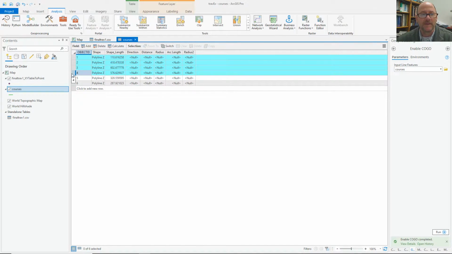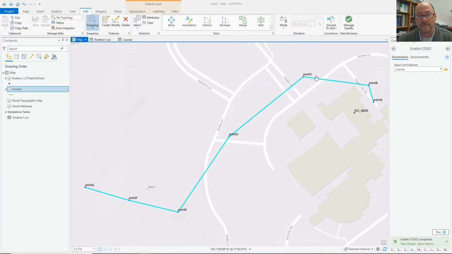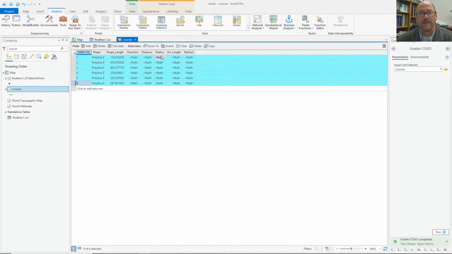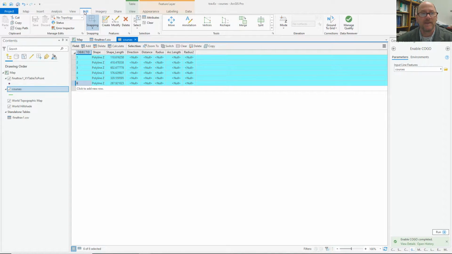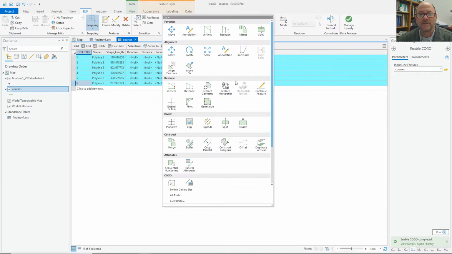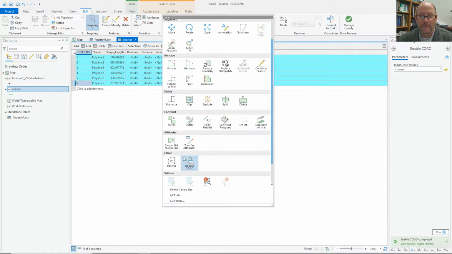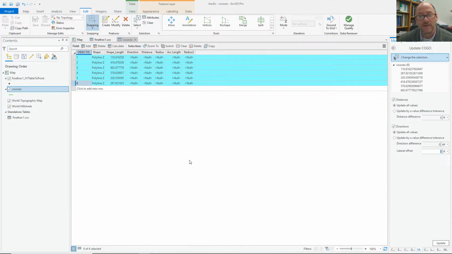At this point, we can select all the lines or courses by clicking on the first and dragging down to the last on the gray box to the left of the Object ID column, and that selects them all. I can see on my map that I have them all selected, and they're in cyan color. Let's go back to the table, and now back to the Edit ribbon, and pulling this list down, there's also some COGO area in some of these common tools, and one of the common tools is Update COGO. So I'll go ahead and click Update COGO,